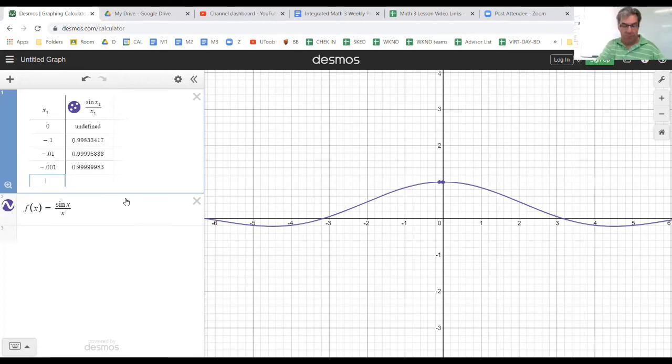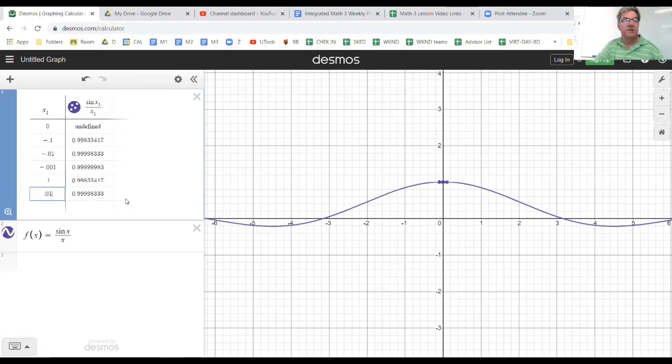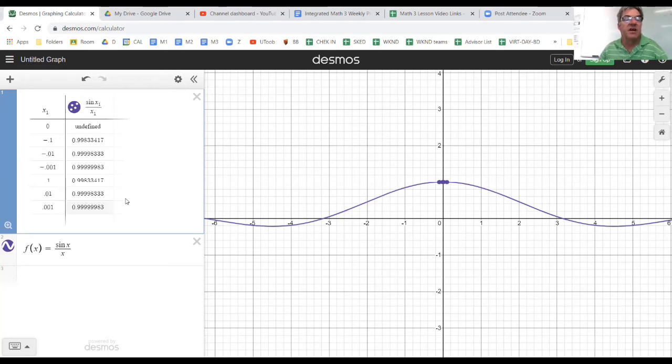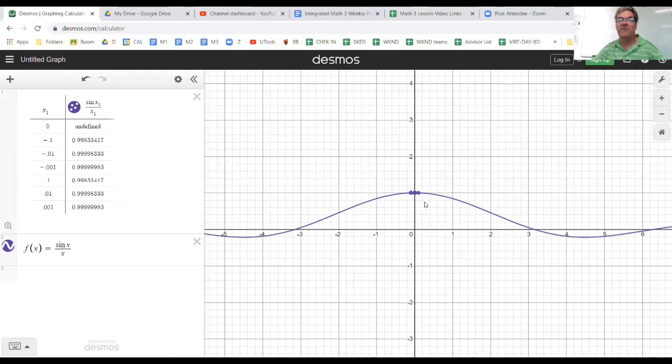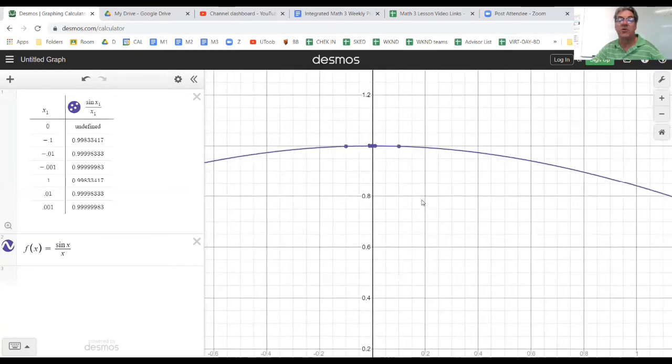So that would be 0.1, 0.01, one more, 0.001. Now it looks to me like this is approaching the same value. We've got 6 9s and an 83, so 0.9999983 from both sides. Pretty clear we're approaching 1. And if we zoom in on our graph, we can see that indeed the graph is approaching 1 as x